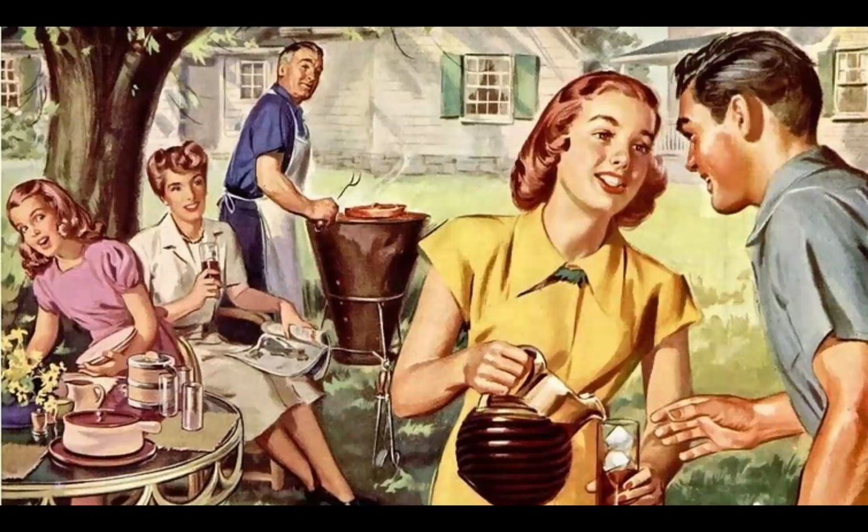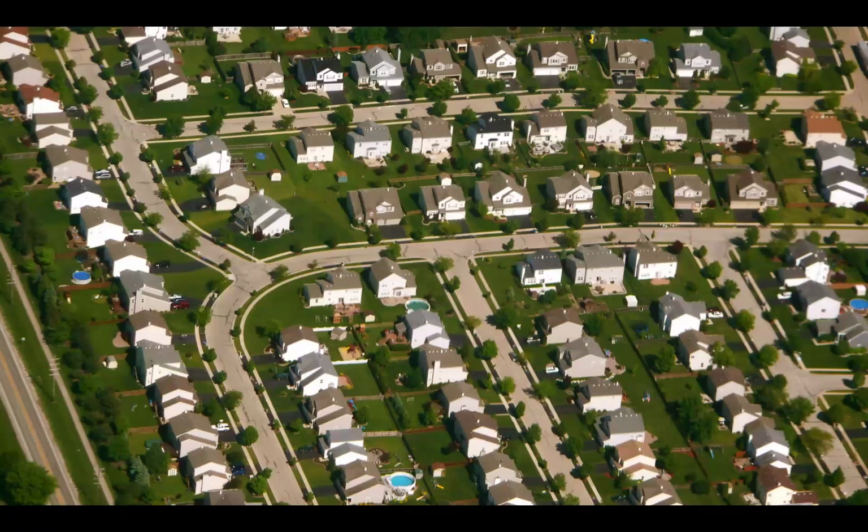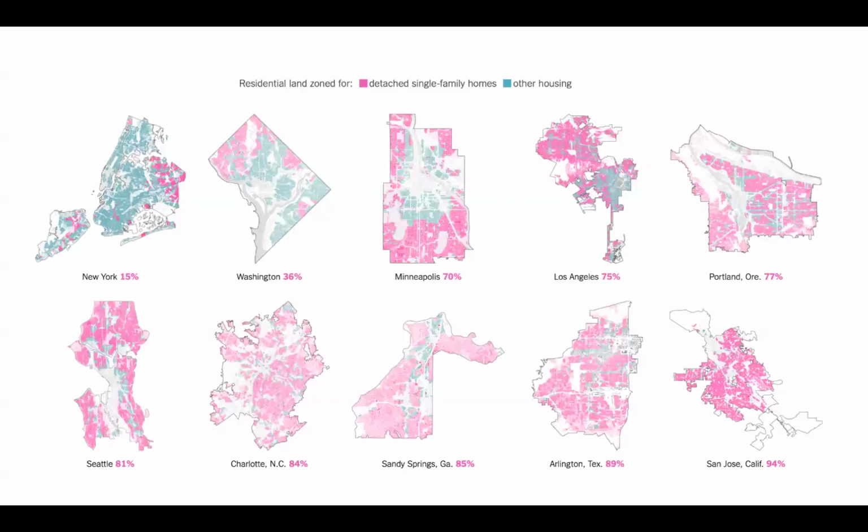At the end of the day, it comes down to the fact that for the last 80 years, we have been sold this story that to be good Americans, we need to have a large yard and a large house in the suburbs, and we have to drive it. And that is what we've been told the American dream is. We've been told that to live in a place like this, in a place where the buildings are homogeneous and there is no mix of uses and everything is just a single family home with a yard, is the way to prosperity. And what we have seen over the decades is not only has that led to environmental degradation, but it's led to societal decay, and it has led to a collapse in people being able to be upwardly mobile. There have been a lot of problems with this.